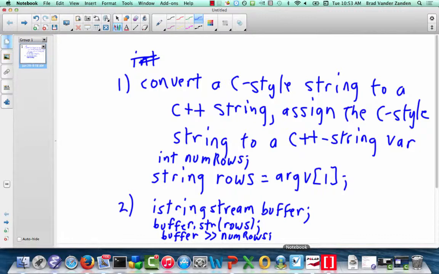Just like with cin, you're allowed to check whether that operation succeeded. So you could say, for example, if not buffer into numRows,